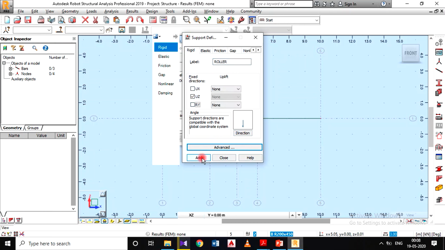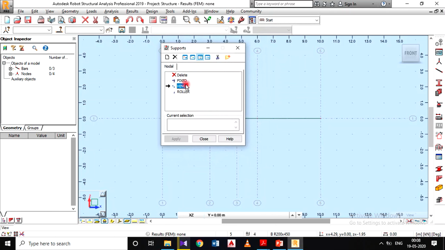And if it is a hinge support, you can name it hinge, and a hinge support has two reactions, ux and uz, and close it. So now we got the same thing: fixed, hinge, and roller. Two reactions for hinge, one reaction for roller, three reactions for fixed.